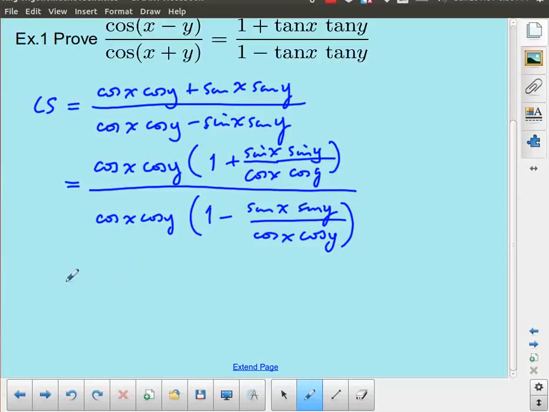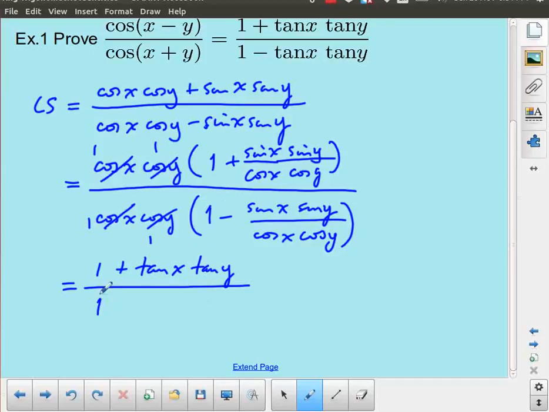And of course cos x divides out with cos x, giving me 1 and 1. Cos y divides out with cos y, giving me 1 and 1. And this simply becomes 1 plus sine x over cos x is tan x, sine y over cos y is tan y, over